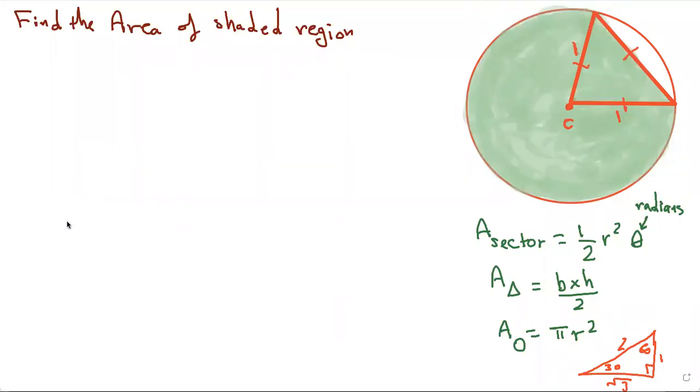So here's a question, finding the area of the shaded region. To be able to find the area of the shaded region here, the first thing you need to do is figure out what's the area of the unshaded region. So the area of the unshaded region,